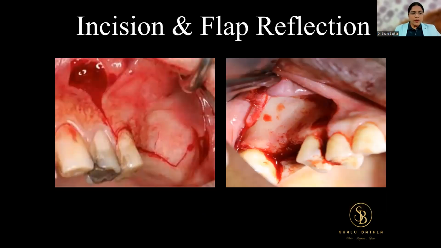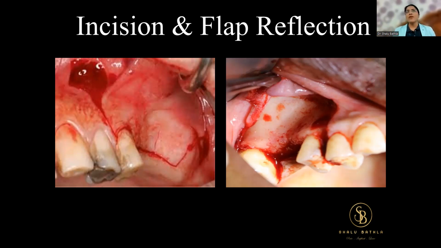If you are doing a direct sinus augmentation procedure, you should know the anatomy well. You should know what a full thickness flap is and how to raise it. If you know how to raise a full thickness flap well, you know the incisions, and you learn them from perio. That is why I cannot say leave perio and start working on implants. If you know perio well, only then will you raise a full thickness flap very nicely.